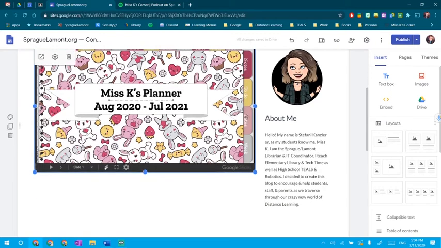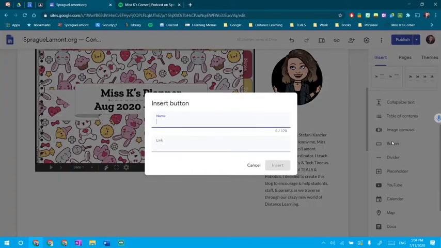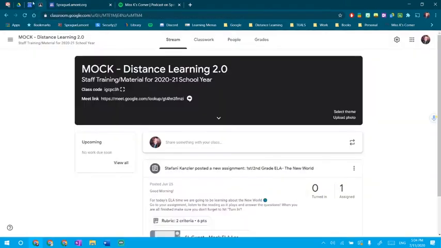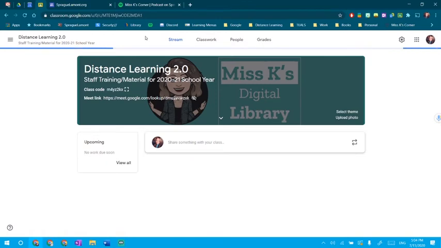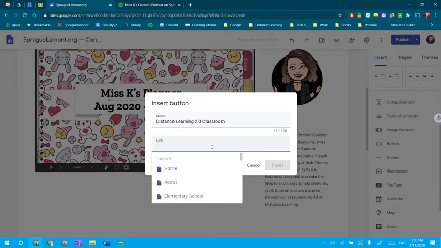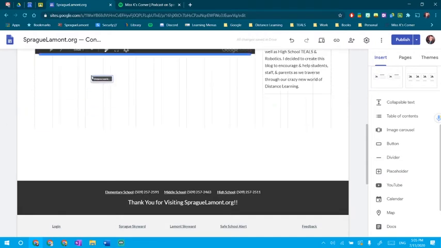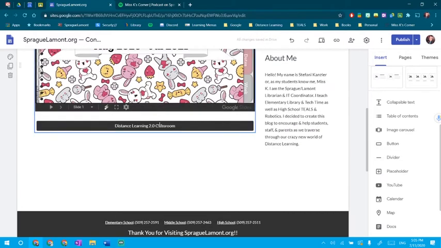So I have this here. Maybe I want to add a button so that students can click on it and it will take them directly to our Google Classroom. So I've named it. I'm going to come over here and I am going to grab my Google Classroom URL. It's just the one at the top. The thing that's kind of nifty about this to a degree is once I've inserted this button, and I'm going to drag it here,